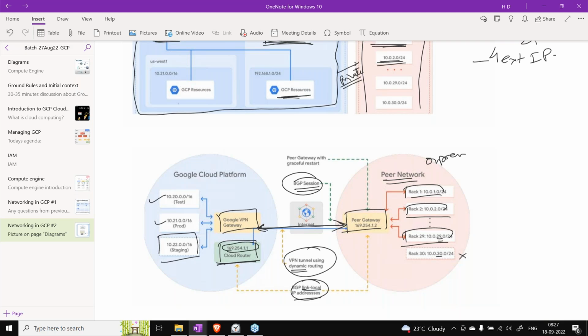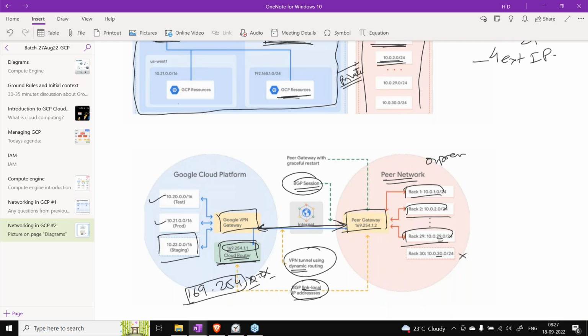You remember RFC 1918, right? Similarly, routers also have some IP address range reserved for them. So it will look like 169.254.x.x, let's say, right? These values you can change, but you have to use this series only. And that's how you will create one tunnel.